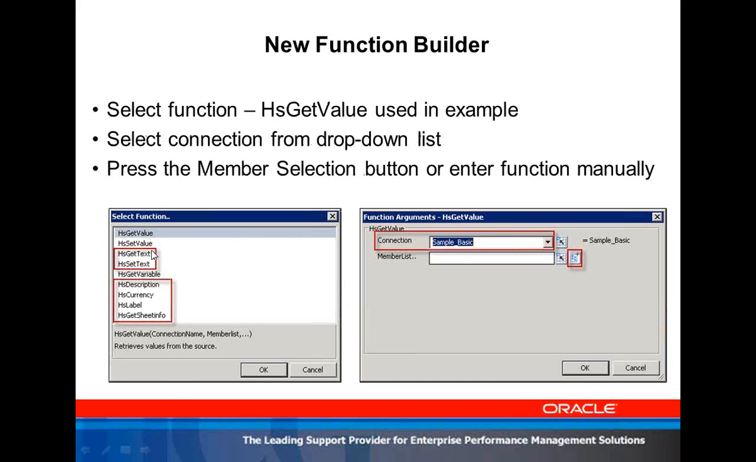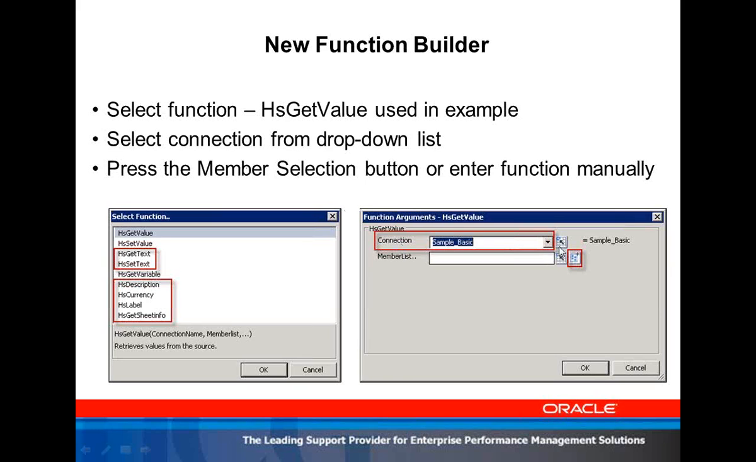Then you're presented with a list of all the functions that you can execute. And I've only highlighted the new ones here. Now, I'm not actually showing you a new one as the example here. I'm showing you something called HSGetValue, which is a very handy function for me to find out the intersection of one data point in my database